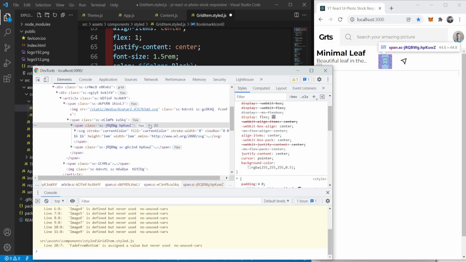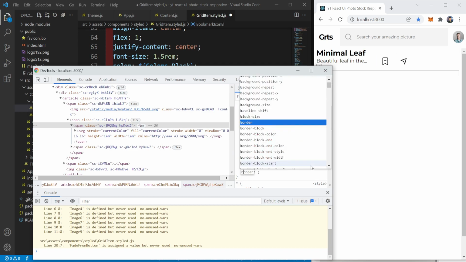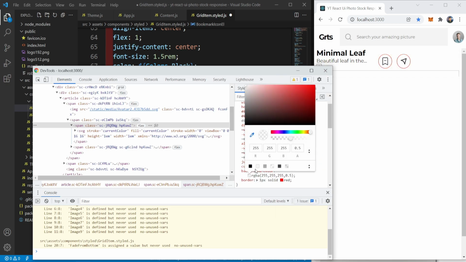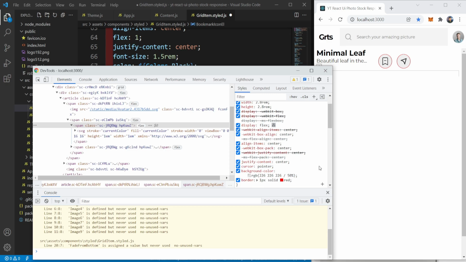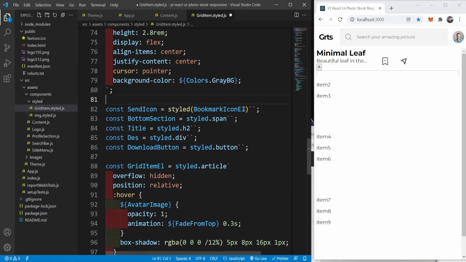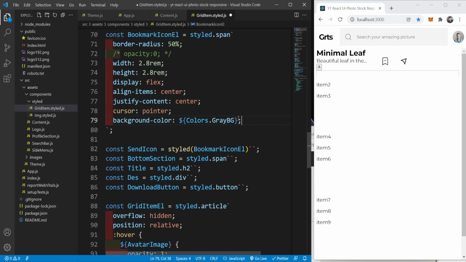Actually, we get the background color. I add a border here. You can see that if I change it over here, yeah, we got the background color, but it's kind of not showing. So refresh it. Let's go to the send icon. Or actually, in this we should set an